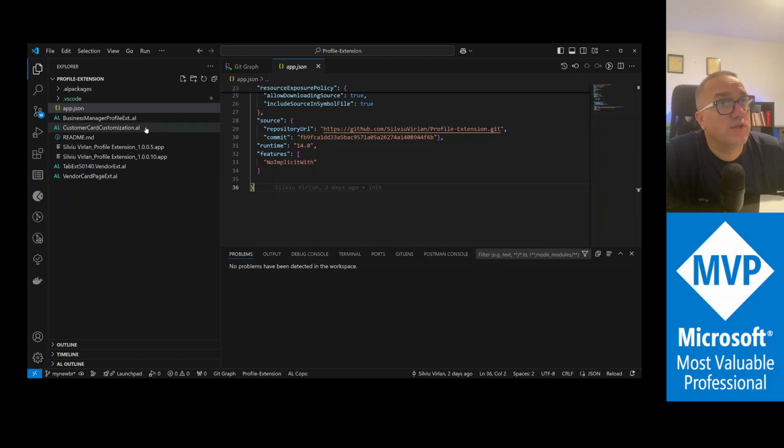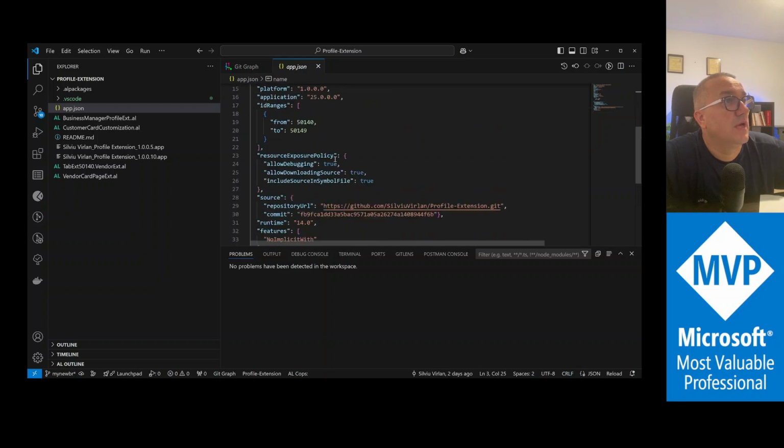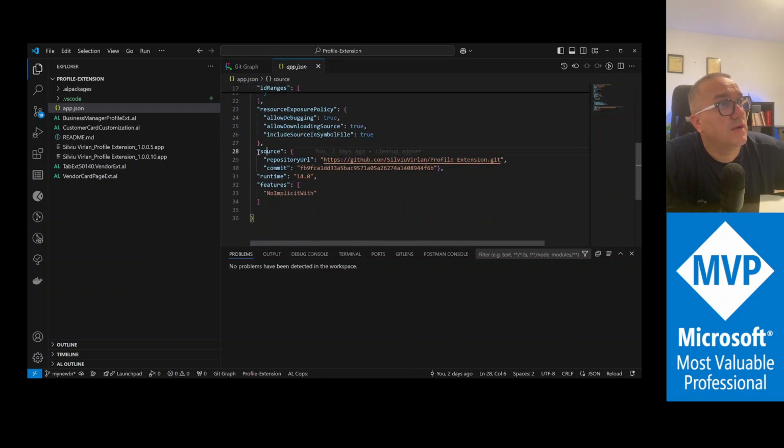We are here in VS Code, and I pushed to that environment this version of my profile extension, and you see here in app.json a source node with elements repository URL and commit. The commit is fb9fca, and the repository URL is the URL of my extension from GitHub. So we have that pushed into VS Code, and now